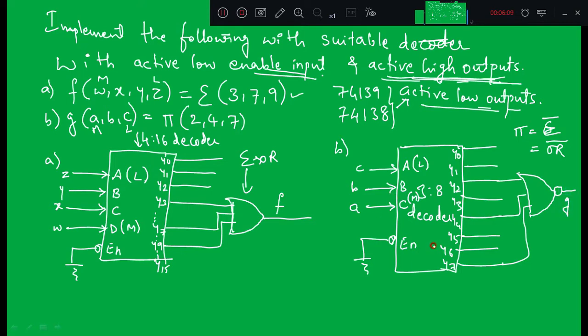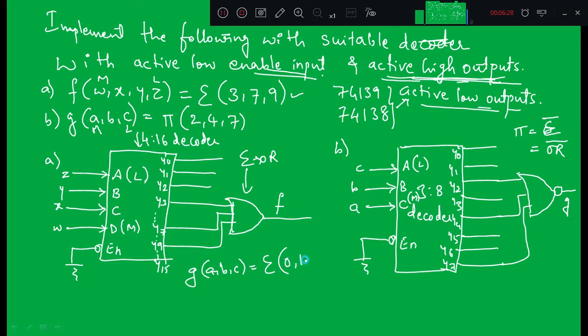So this function can also be designed by converting the given function, that is g of abc, into sigma. So how can I write the second function? Except these max terms, you write the remaining numericals as min terms.